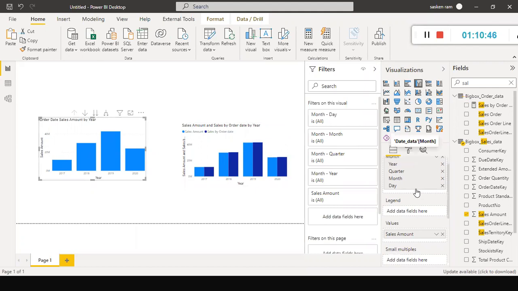Sales amount by year 2018 is 426, and here I'm getting 428. Correct. The difference is subtle. So now you understood. This one is sales amount by order date and this is sales amount by shipment date. Right. These two things.